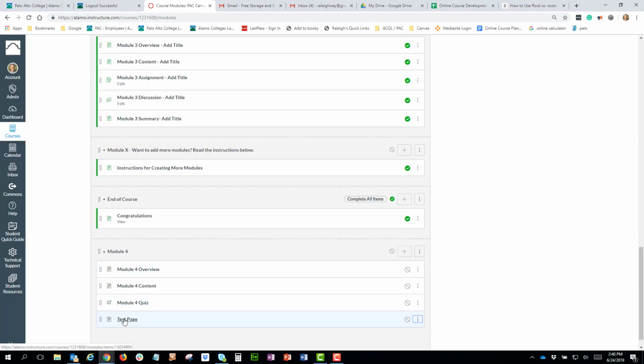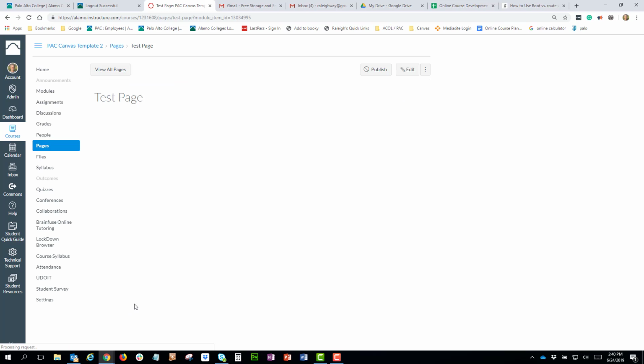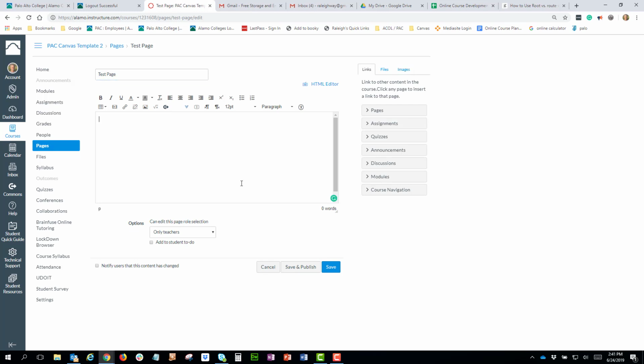And at the top of the page, we have an edit button. And this page is blank, so I need to add a title. This could be any title, but this is usually the first thing that you put on the page to catch the student's attention. So we have to use headers when we're doing titles, like titles of a page or titles